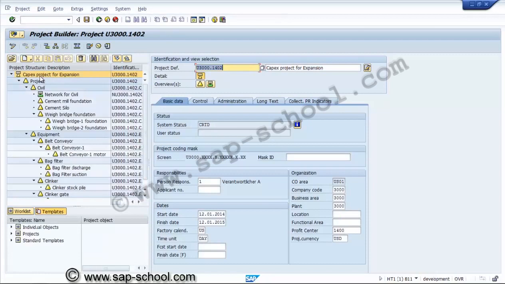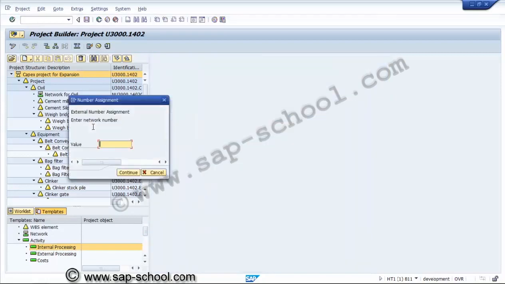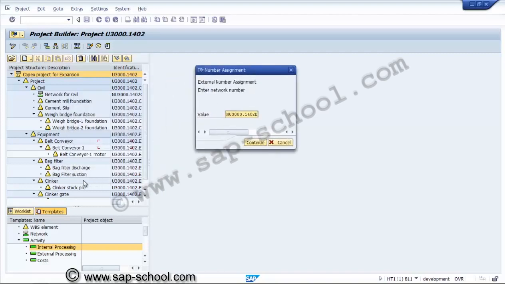So we'll go for individual objects, activity, internal processing. We'll create an activity directly to a WBS element, U3 14.02. Here we are creating an activity for a WBS element to which we haven't assigned a network.